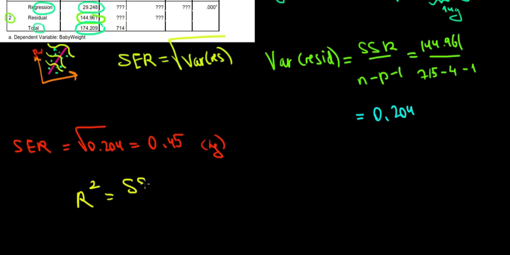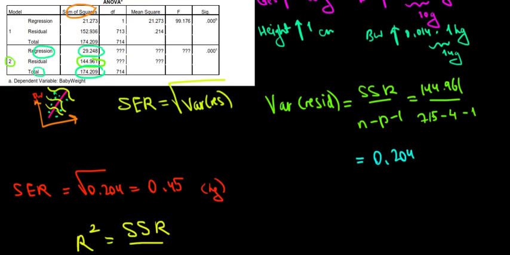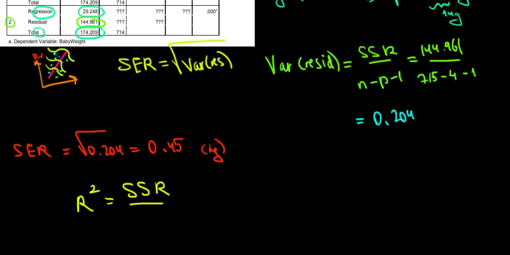R square would be the ratio of the sum of square differences, the variation explained by the regression. And by the way, this could be confusing because oftentimes they might have different notations for the variation of the regression, the variation of the residuals. You see, residuals is with an R, regression is with an R. I think it's wiser to just note the residuals with SSE, which is the error term. You could associate it with the error term and keep the R for the regression so that you don't get confused. So SSR relative to the total variation,